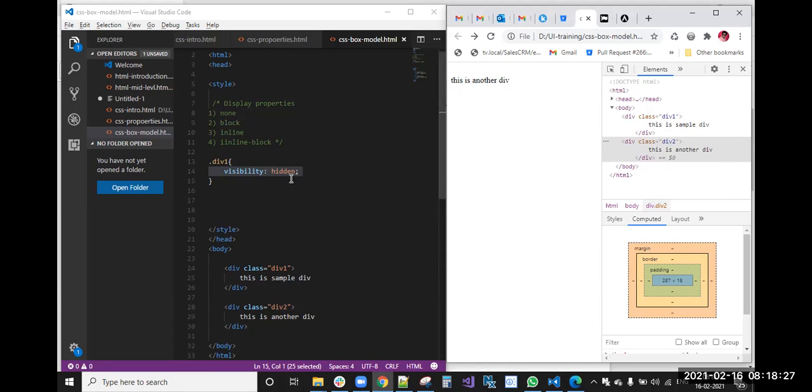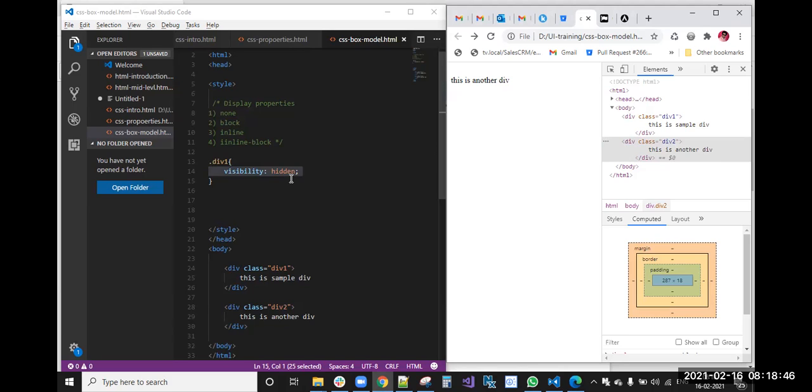But if you are applying display none, the memory is removed from the actual content, and then the second element occupies the first element position.